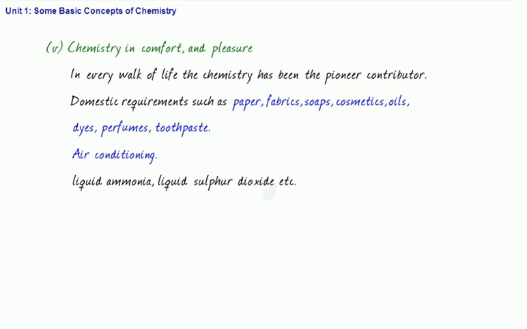Similarly, all our clothes, whether it is terracotta, kaolin, dacron polymer, even natural cotton, are basically chemical substances. Similarly, in order to clean our body, we use so many different chemicals like soaps, perfume, toothpaste, shaving cream, etc. These are all chemical